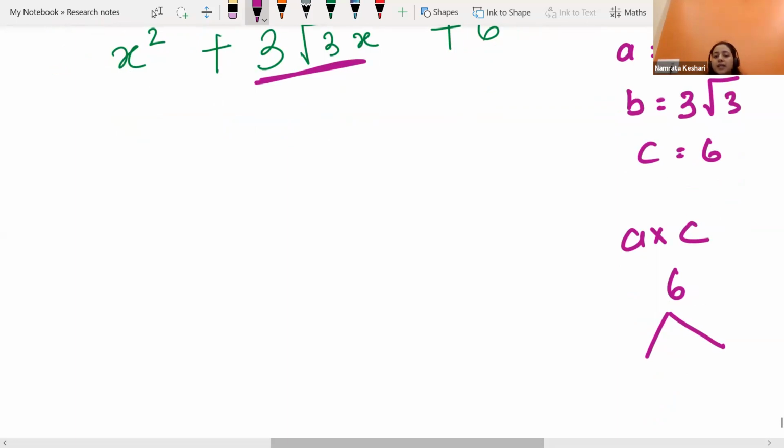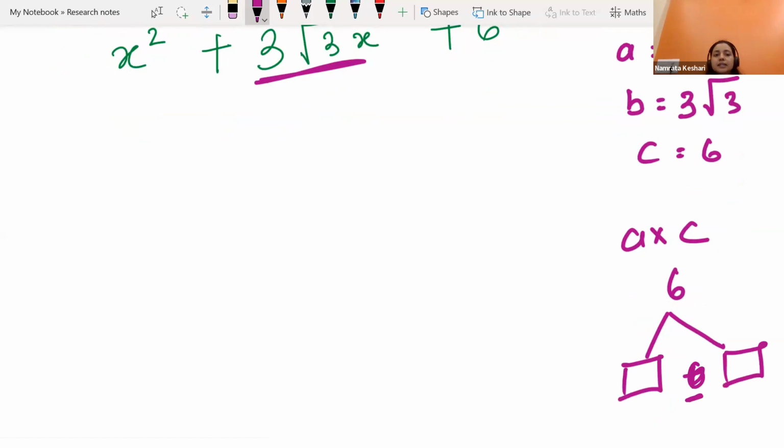We need the middle term, like a factor over here, another factor over here. By adding both two or maybe by subtracting both two, we must get the middle term 3 root 3. Yes or no? That is the concept, right? Okay. So are you able to understand the first chapter? First chapter already we have discussed number system, and there we have realized that root 3 number, like if we need, just a second,